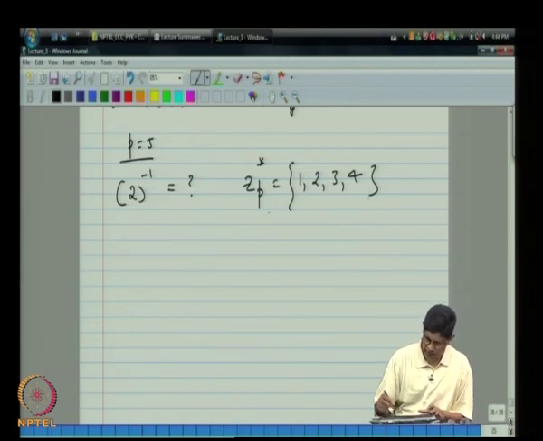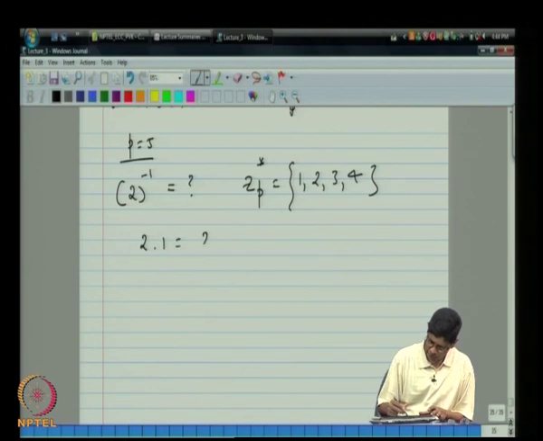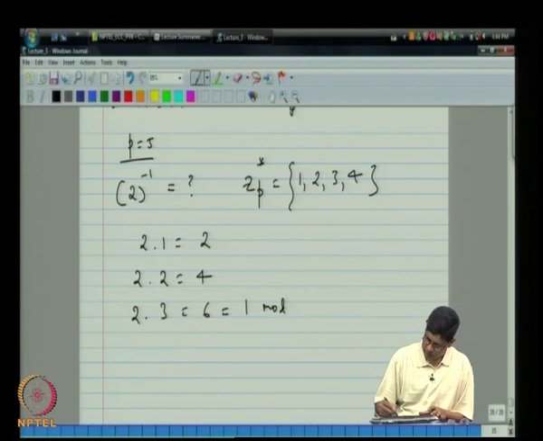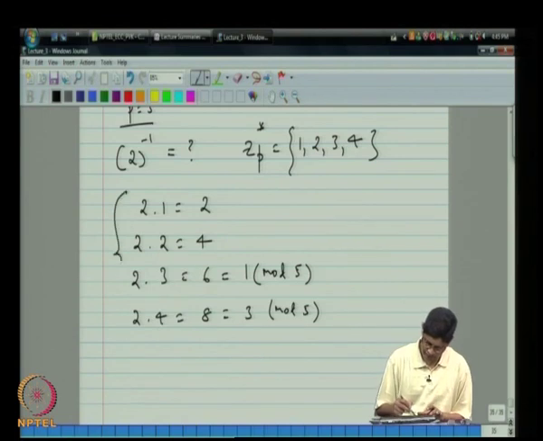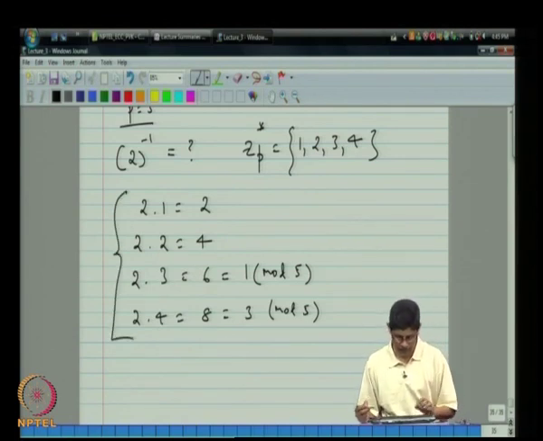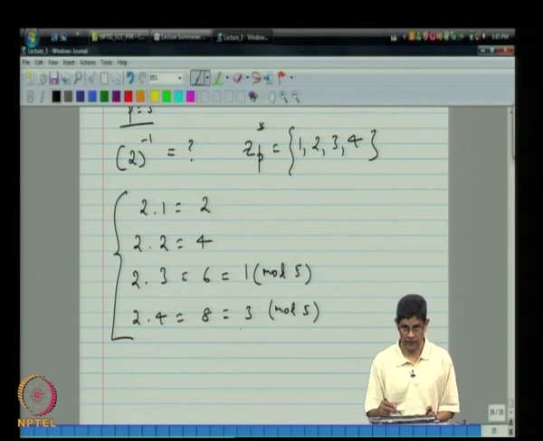So, we take 2 and multiply all these elements into it. So, 2 times 1 is 2, 2 times 2 is 4, 2 times 3 is 6, which is 1 mod 5, and 2 times 4 is 8, which is 3 mod 5. Now, as you look at this, you will notice that all the results on the right hand side are different, and in fact they have to be, because